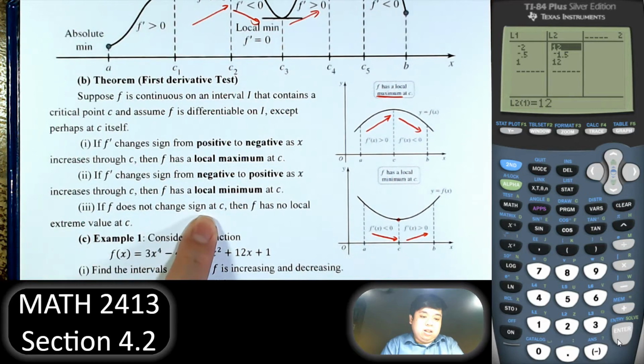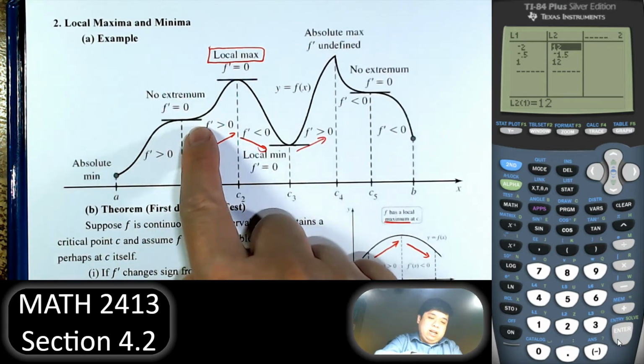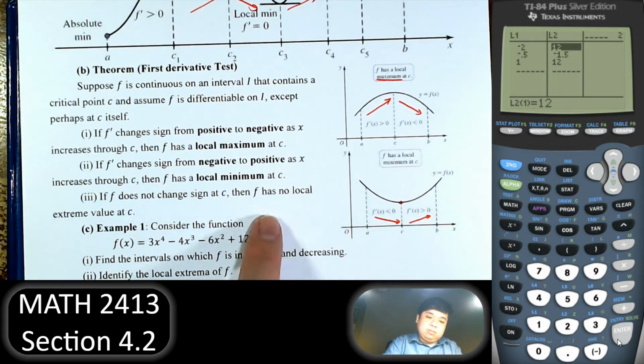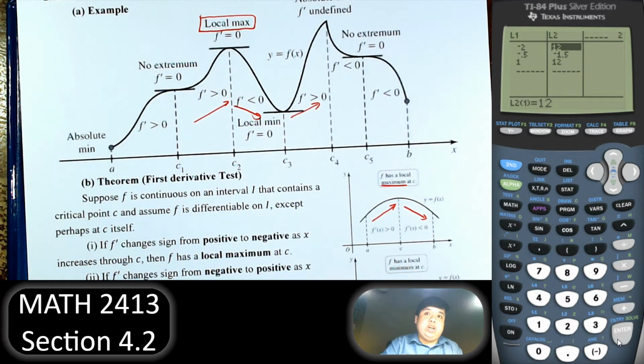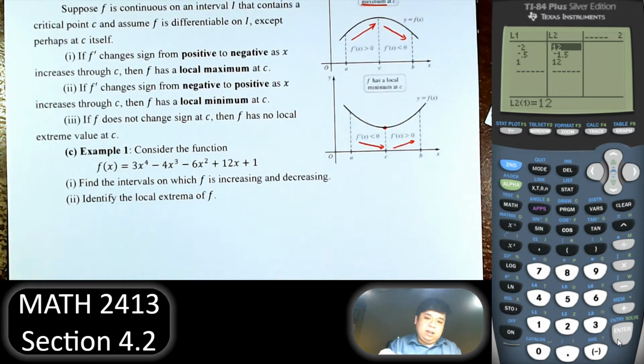If the signs do not change, so if we go from positive to positive, like increasing and increasing, then there are no local extreme values there. There is no maximum or minimum if the sign does not change. It only happens when the sign changes. Right. Now,